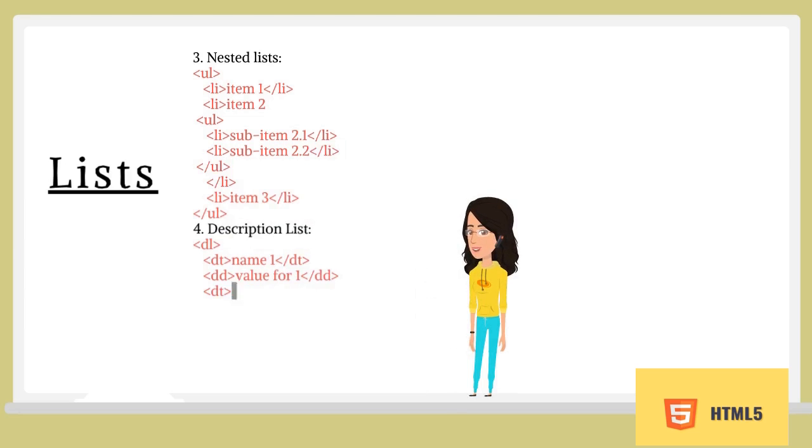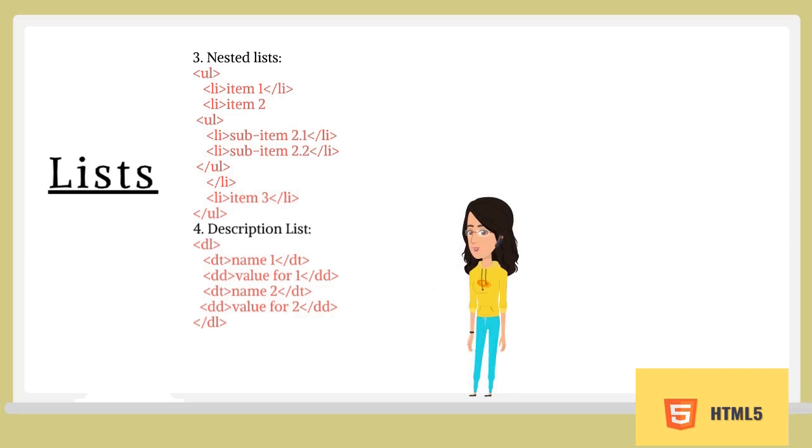And the third is a nested list. You can nest lists to represent sub items of a list item. The nested list has to be a child of the li element. As you see, the first tag is ul, then li, and there is a sub child of li also present. So you can nest different types of lists too in this code.